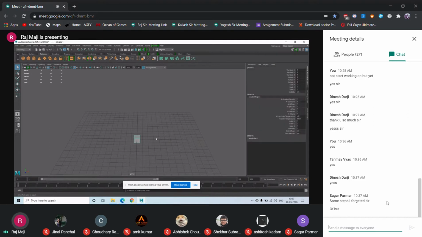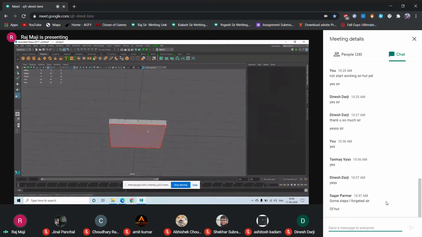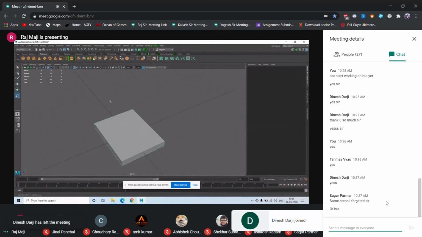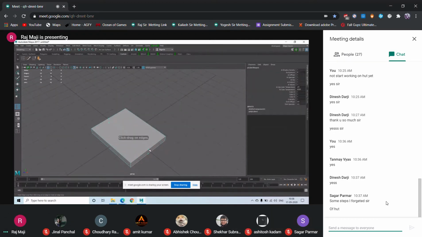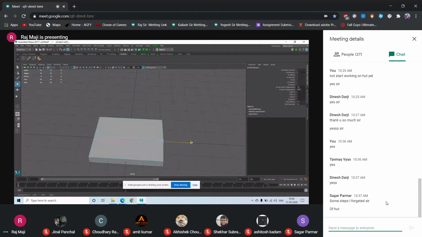So I'm taking a cube, and let's delete this face. Inserting one loop, and let's modify a little bit.